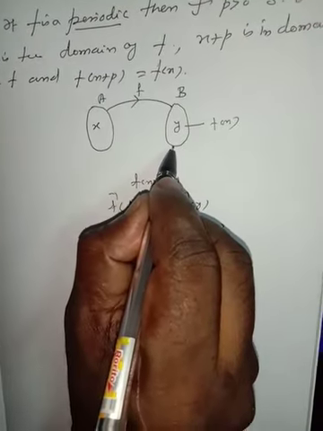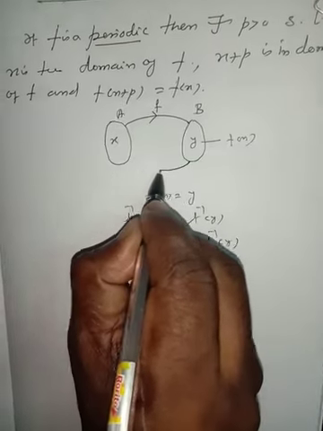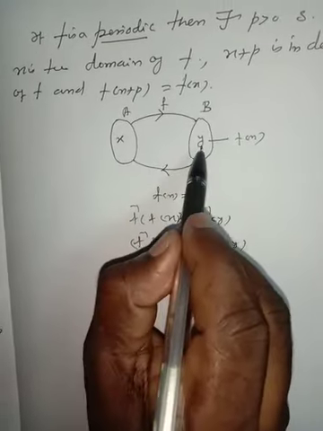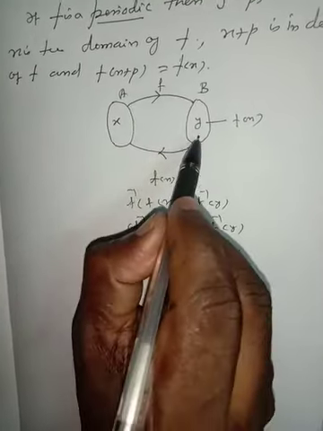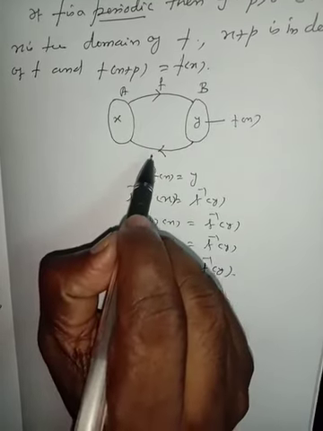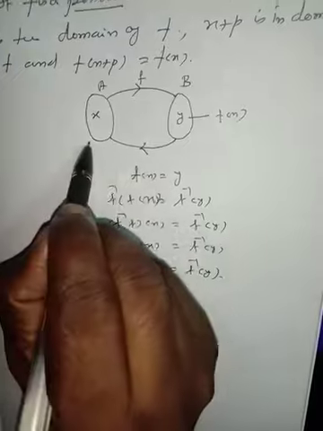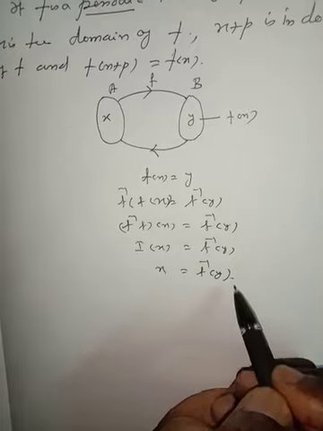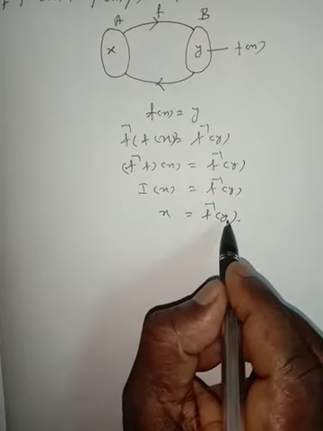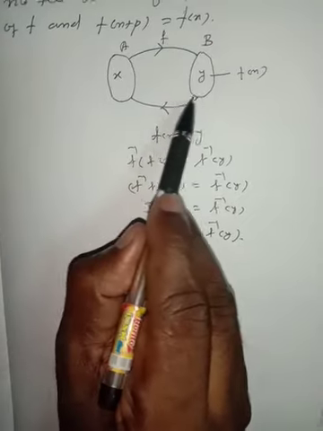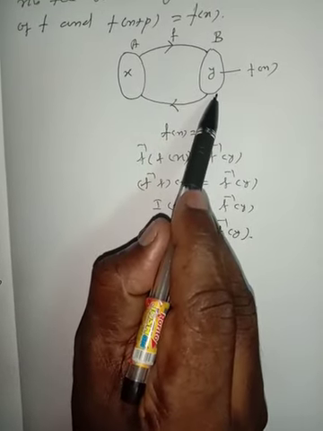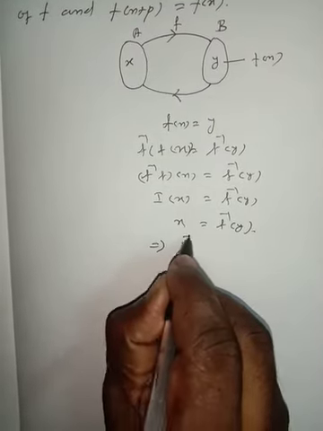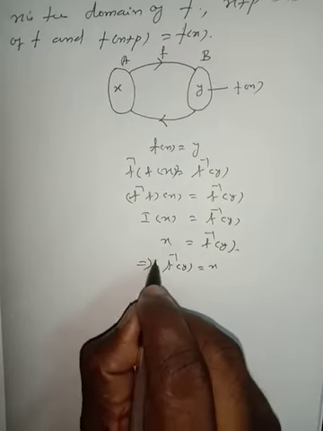Now the reverse order, from the set B to A. F inverse is a function from B to A. There exists an element y from the set B, and x is f inverse of y. That is, x is equal to f inverse of y. The inverse function of the codomain or range element is the domain element x. This implies f inverse of y is equal to x.